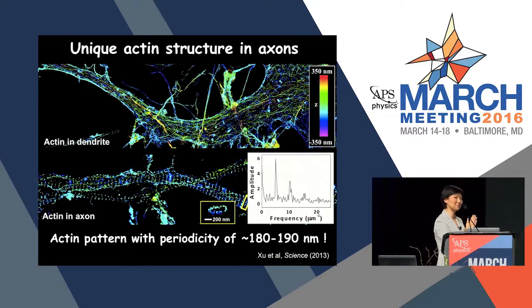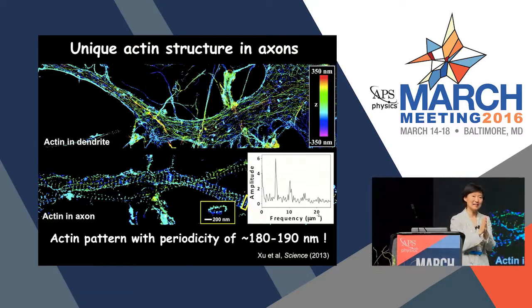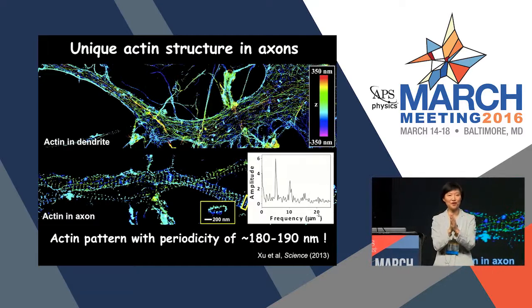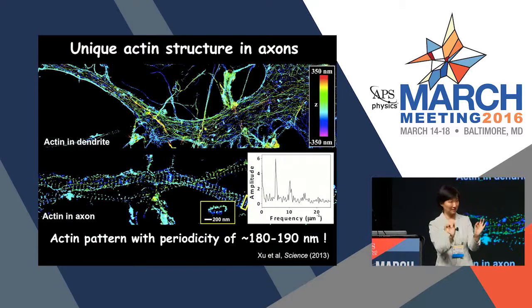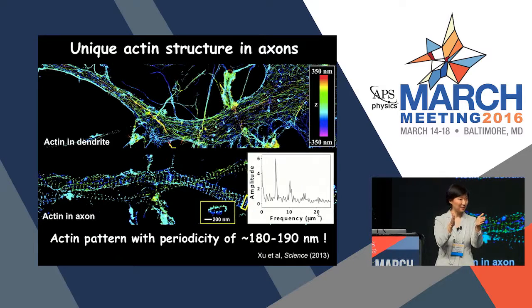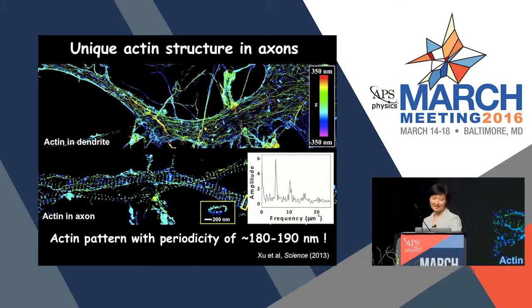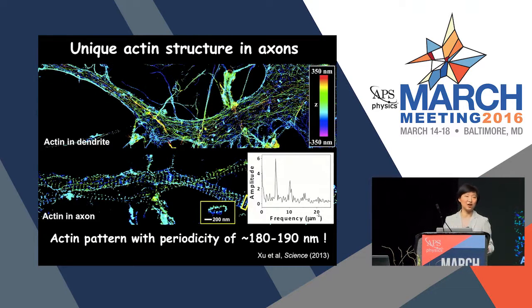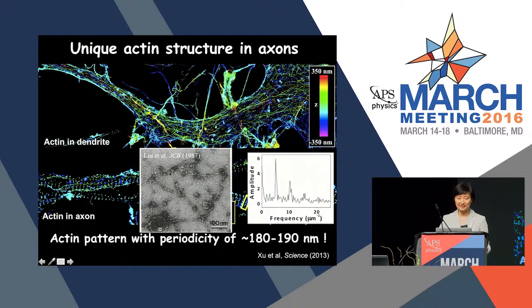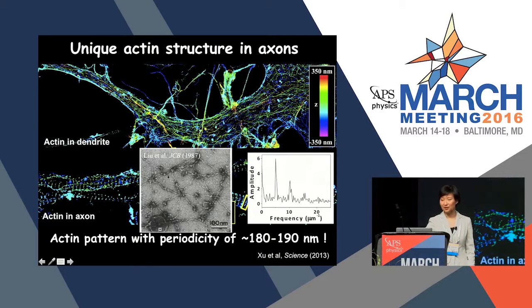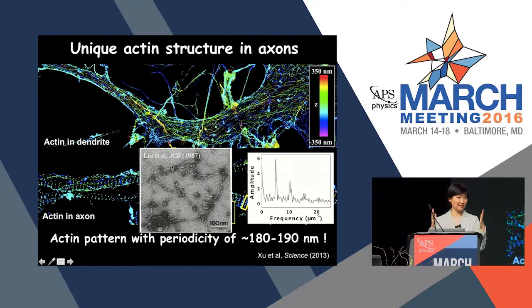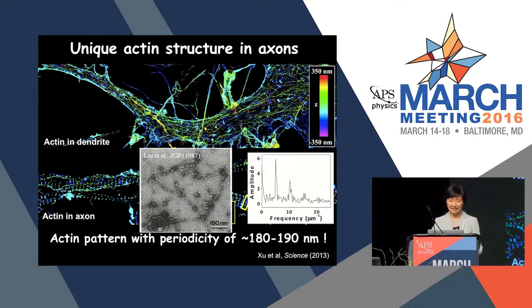So the fact that they are so evenly spaced also gives us some clue of what is making up this structure, because we envision there must be other molecules in this. And this other molecule has to satisfy the requirement that it has to link actin, and it has to be about 180 nanometers long to serve as a spacer so that you can have this even spacing. Now, that actually made us think of this molecule called spectrin. The best known ultrastructure of spectrin is inside the red blood cell, right underneath the red blood cell membrane. It forms this kind of triangular structure, and it is about 200 nanometers long, so it satisfies the length requirement. And it does connect